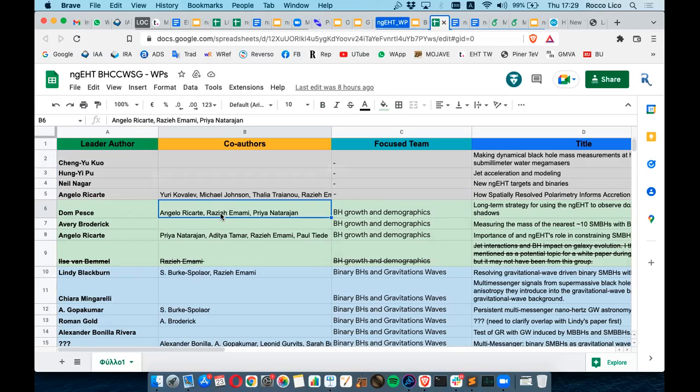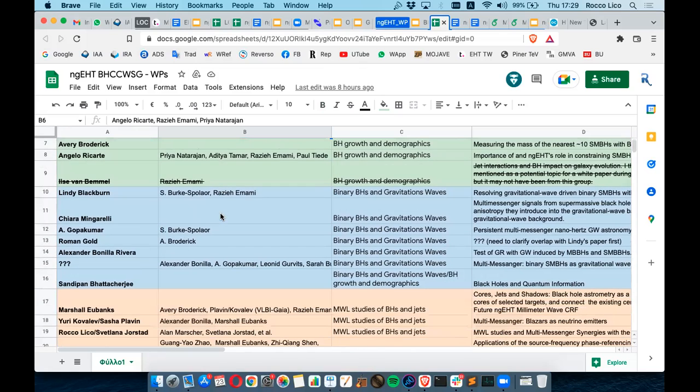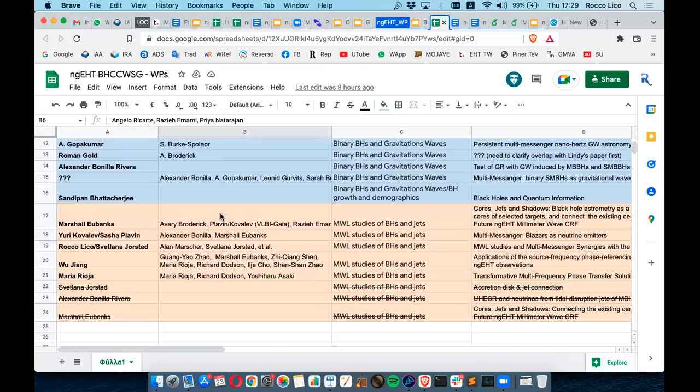We can actually be discussing that. So multi-messenger cosmology is one of the most relevant studies of black holes and jets. So we actually covered several aspects, including these jet connections, the nature of the core, as I said, presented this morning. And we have a draft, at least, of the general paper about the synergies with the other multi-messenger facilities, plus the one that Priya mentioned is one of the series of this paper. And yeah, we presented something already during the last call of the group, and we will soon share the drafts of this